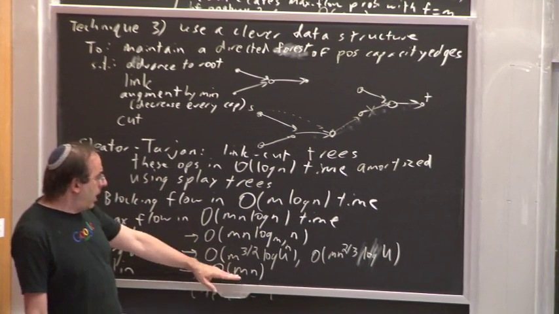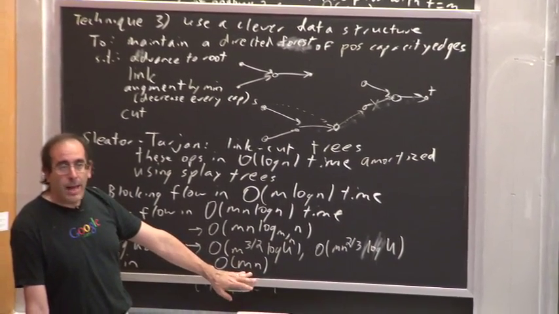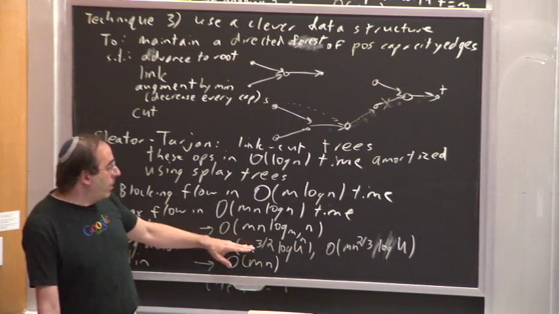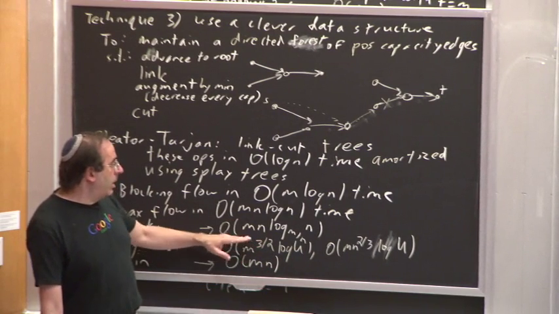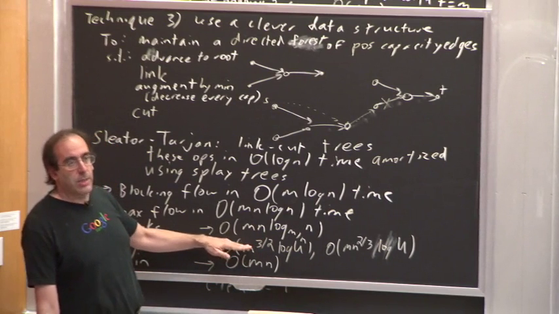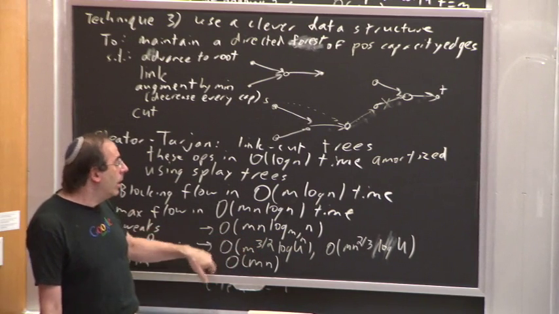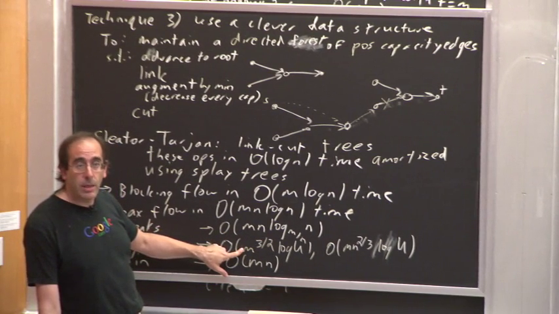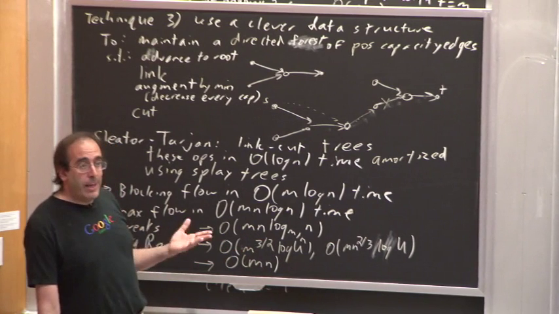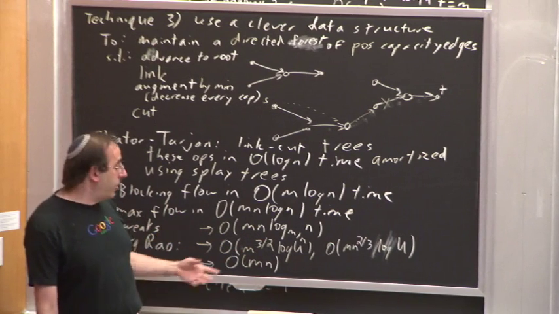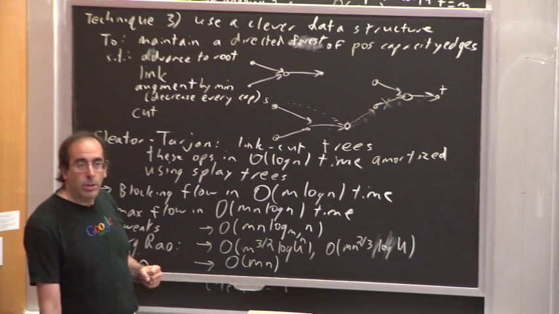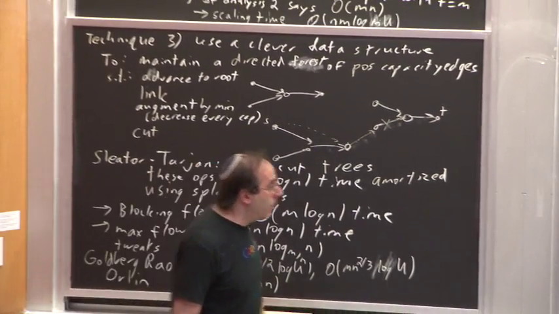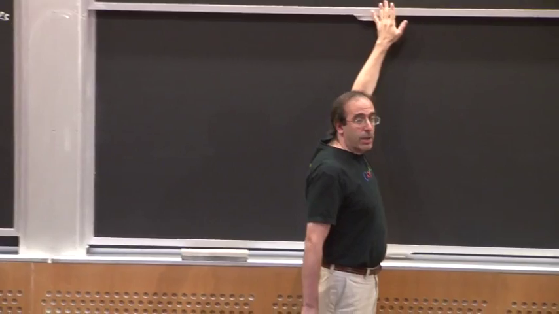That you can do order mn. We still haven't been able to beat that bound in a strongly polynomial bound. We have scaling algorithms. They're very clever scaling algorithms. You can't just apply scaling. There's some really new ideas in here that achieve the special bounds that were previously only known for unit capacity graphs. And there remains this huge open question: is it possible to beat mn in a strongly polynomial bound? We don't know. However, just to finish telling the story, that's the story for exact algorithms, but there's also